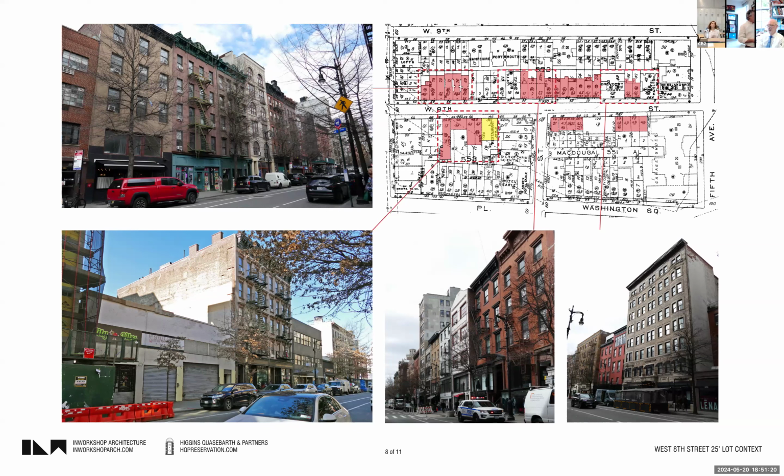And then the buildings immediately to our west, also 25 feet wide. So we sort of looked at this. We have about a 41-foot or so, or is it 50? It's almost 50. Almost 50-foot frontage. So one of the things that we're looking at is breaking up that frontage to recognize the 25-foot wide